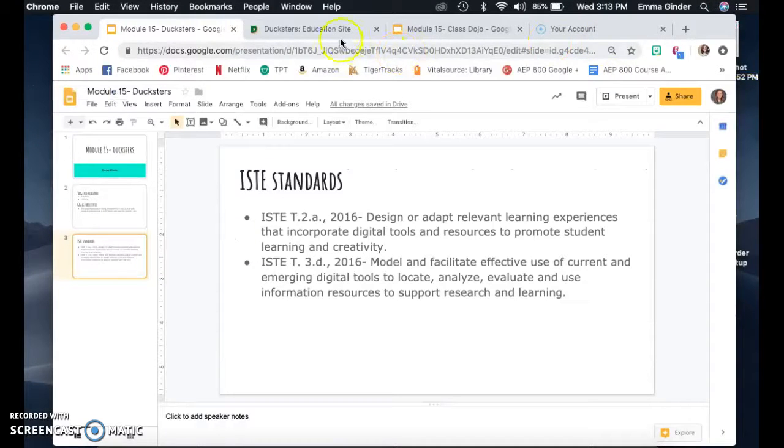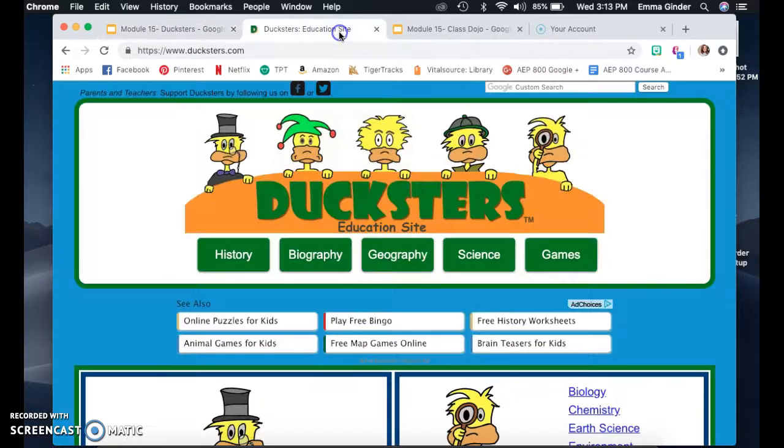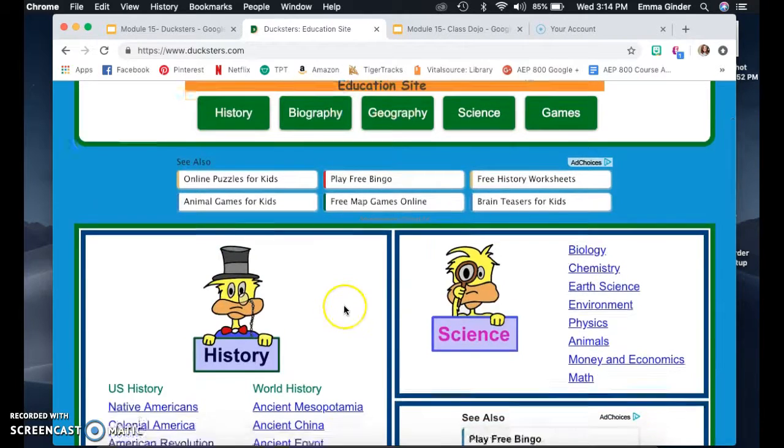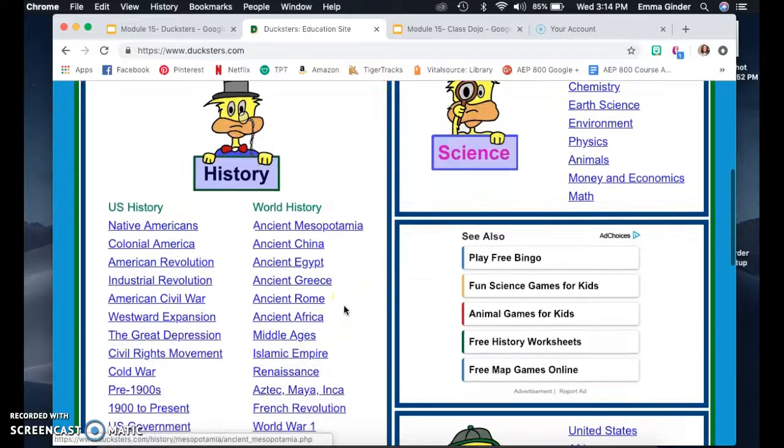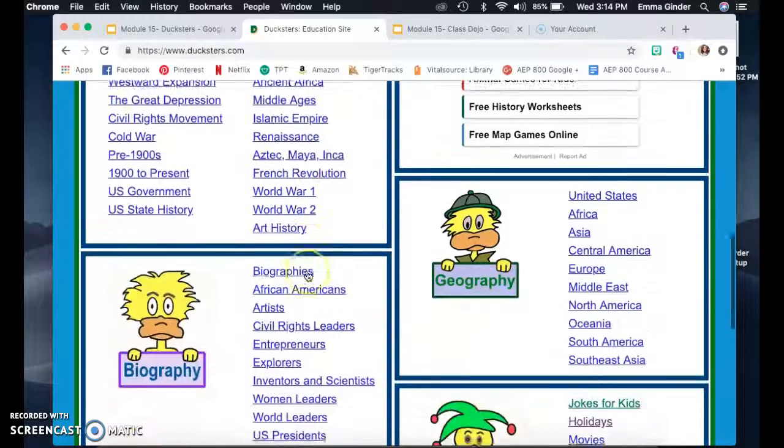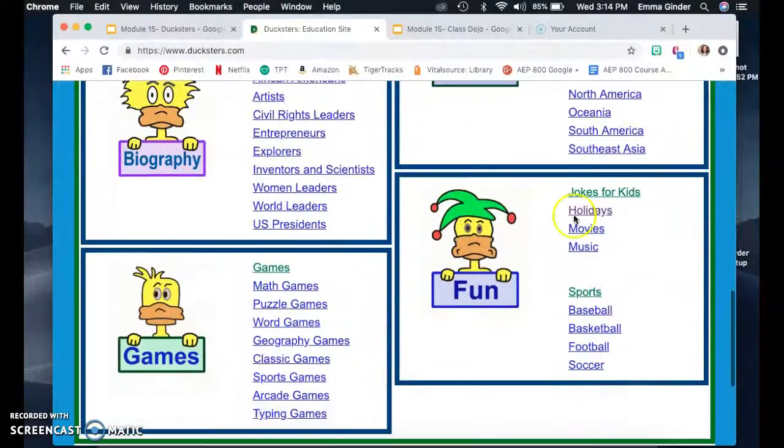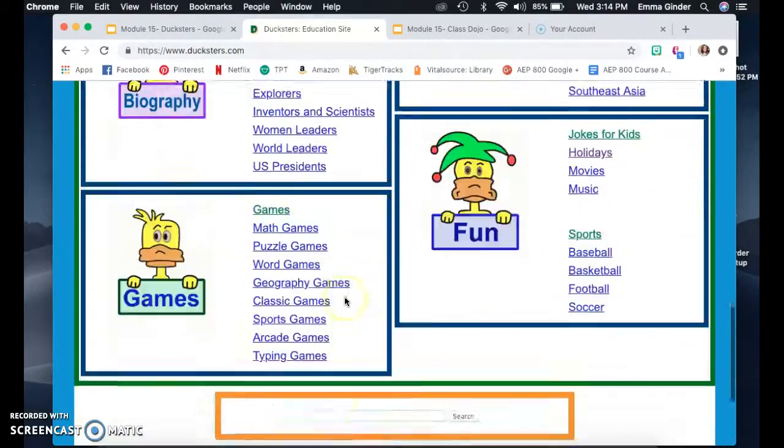Okay, so Ducksters, it's a funny name. We're not really sure how it got its name, but this is what it looks like when you go to it. It's just ducksters.com, and it breaks it up into different topics, and it really is just a kid-friendly research tool for them to use. It has many different subheadings that they can go to. They even have some fun stuff over here, some games, but we often used it